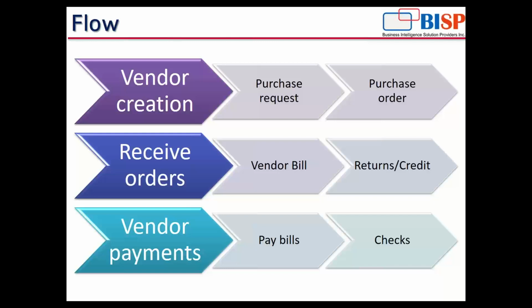We are going to create a vendor bill, and from the vendor bill, for the items that have been received, either I'm going to return it and credit the vendor. The next is, if there is no return, I'm going to pay my vendor. Now, payment will be, I'm going to either pay my bills, or I'm going to write a check in order to pay the vendor. So this will be the whole scenario for our today's demo session.